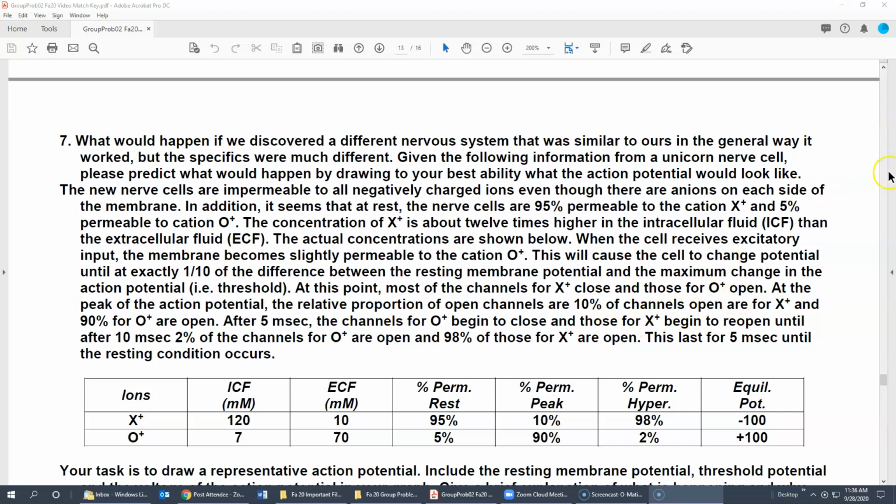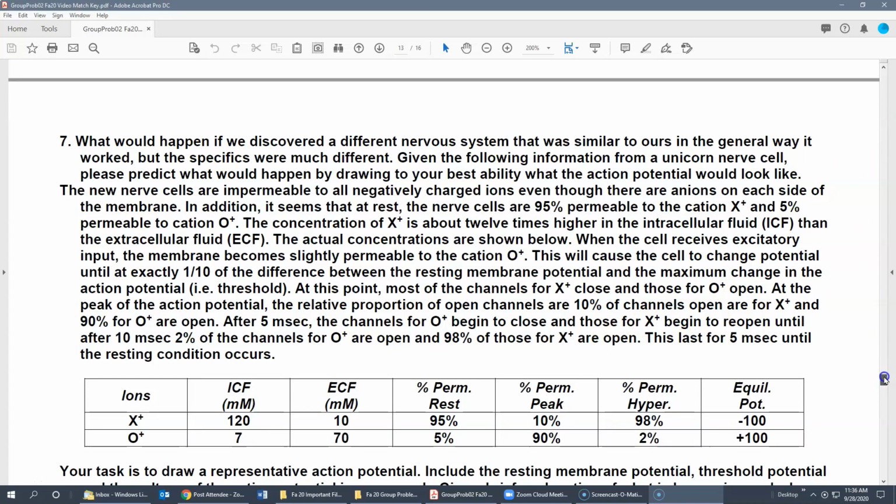Okay, so here's the bonus questions for this round. Number 7 is the nerve action potential, and hopefully I can insert a little video that I made that will help with the calculations. But we'll do it again just for emphasis. So you should read this, and this tells you about what's happening and